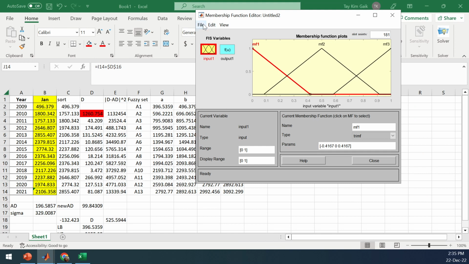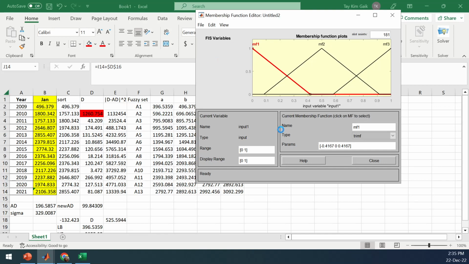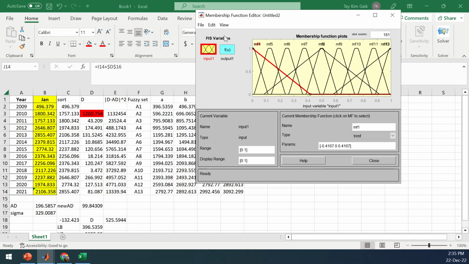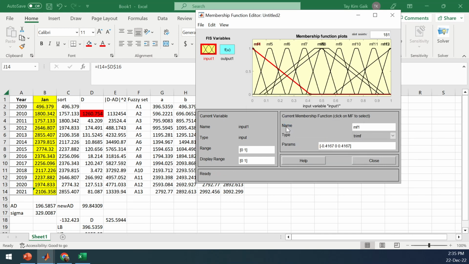So I go to edit, add membership function. Each time I want the trapezoidal membership function. So 12, add one more. Trapezoidal. So in total I have 14. Want the first one. So MF1 I change it to A1. And then the display range, you can key in